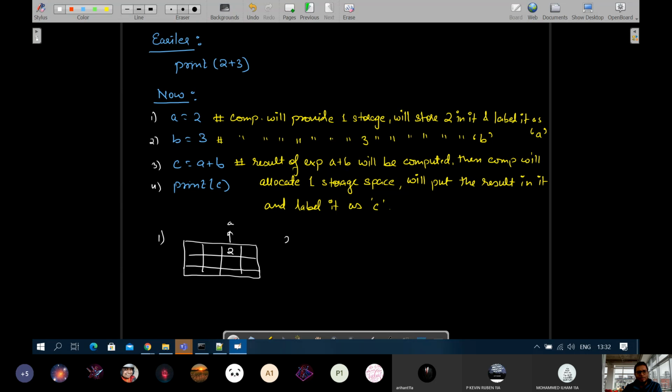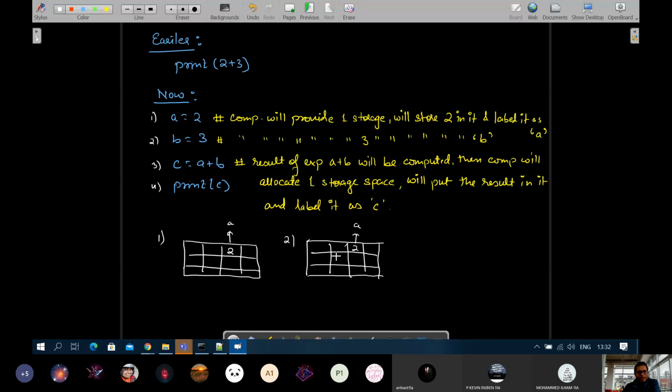In line number 2, what it will do? When it comes to line number 2, 2 is already there by that time, which is labeled as A. It will search for another memory space.